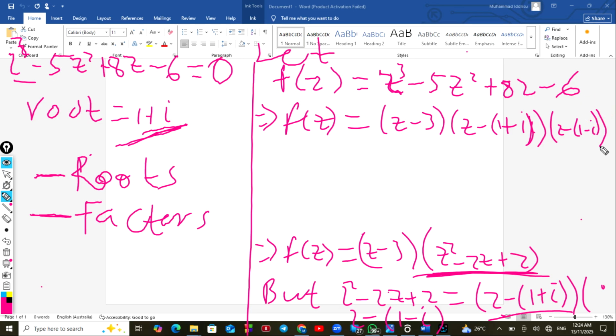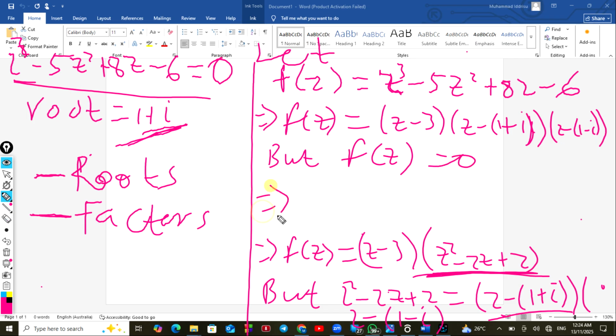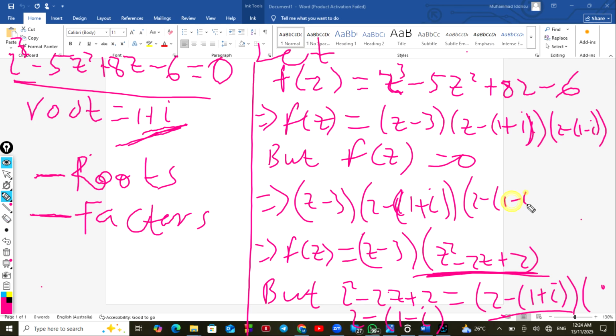So now we have this as our f of z, but we know that f of z, the equation itself, is equal to 0. So this implies that z minus 3, z minus (1 plus i) multiplying z minus (1 minus i)